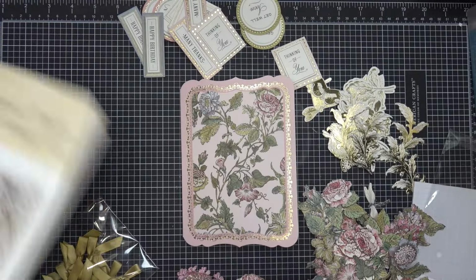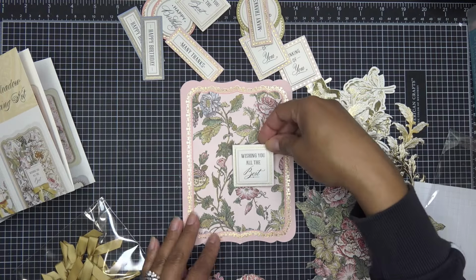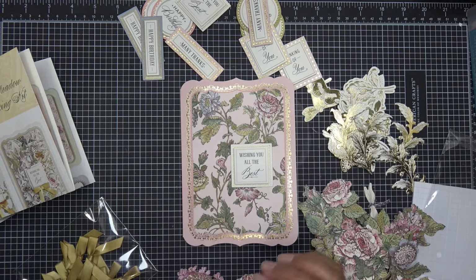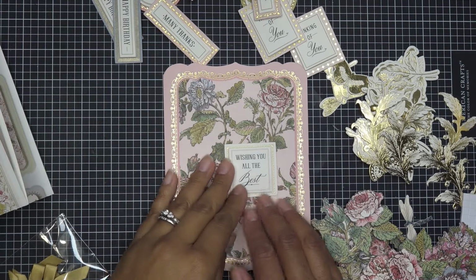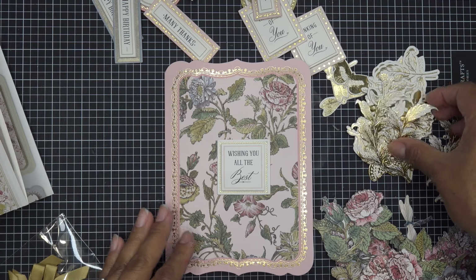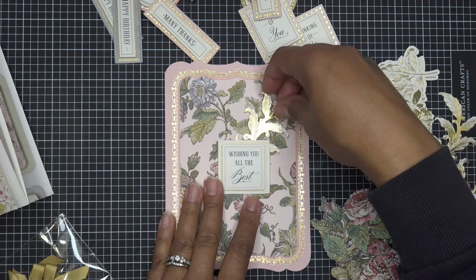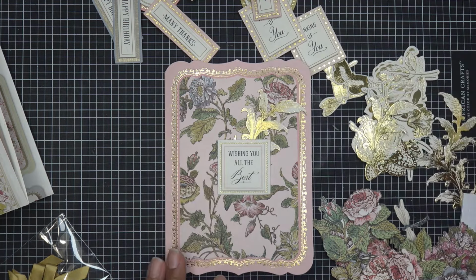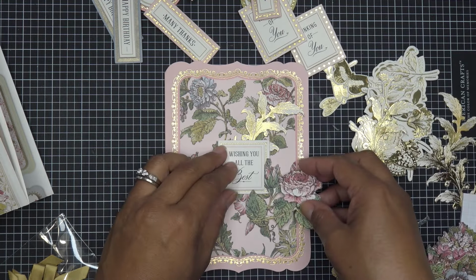This one here, it's basically going to be something like this. Okay, so maybe we think of wishing you all the best. Alright, let's get a little closer. And it could be here, it could be right at the top. I don't know. We'll see. Let's try it out. I usually don't start with the curly Q things, but you never know. So we can have that up there. And maybe...